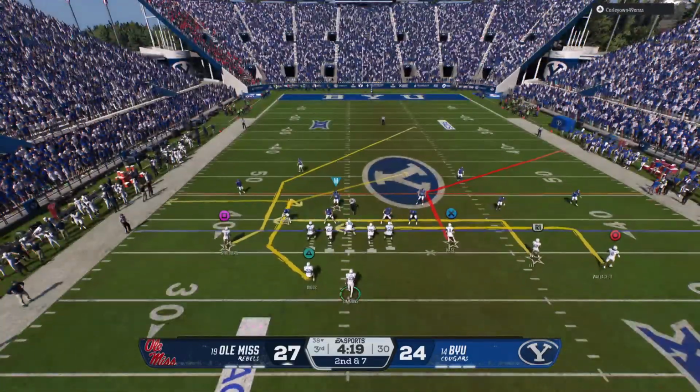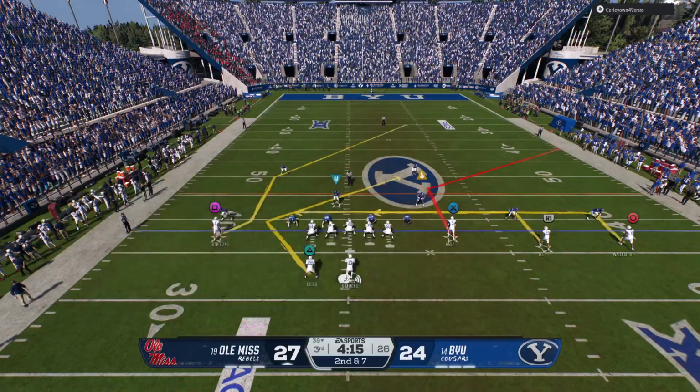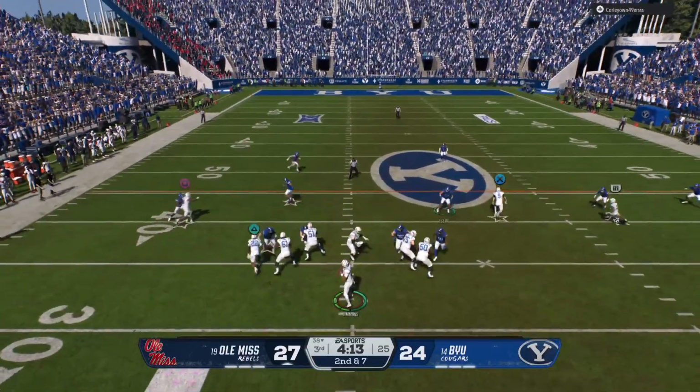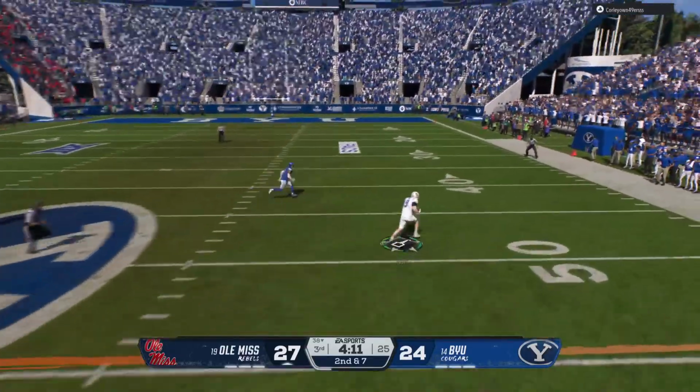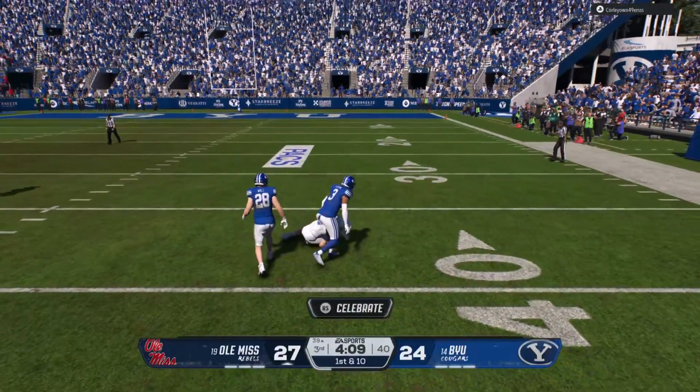Try to make up for some of that lost ground on 2nd down. Back to pass. Got him, and nobody's close. He found plenty of room, and he gets it to